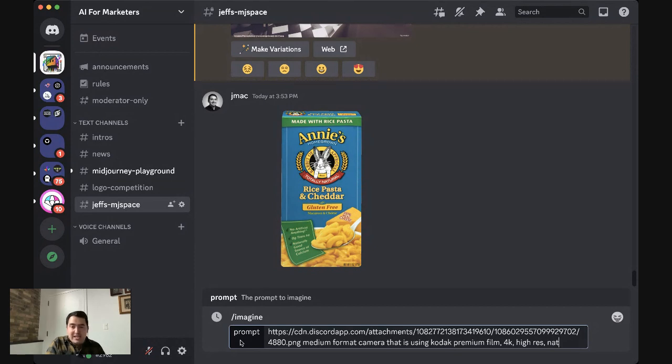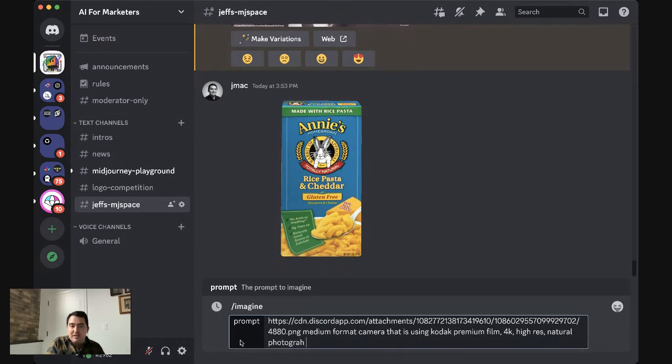So we'll say a natural photograph that looks not too stylized or high end, like make it look attainable. Like anyone could have taken that photograph of Annie's rice pasta and cheddar. So that's the A.